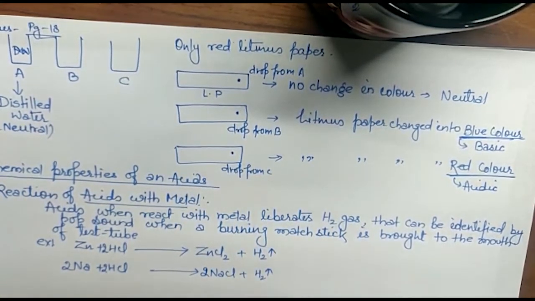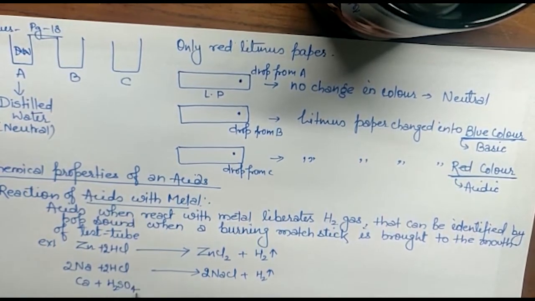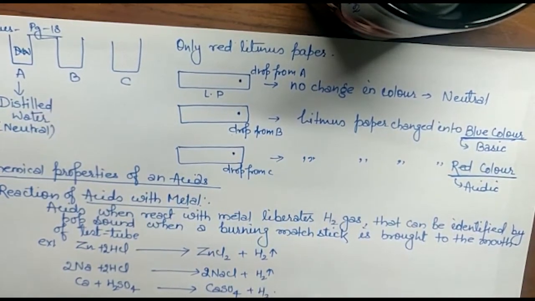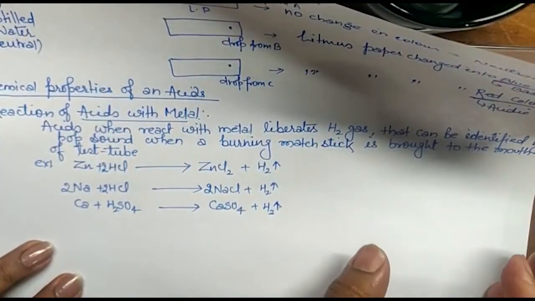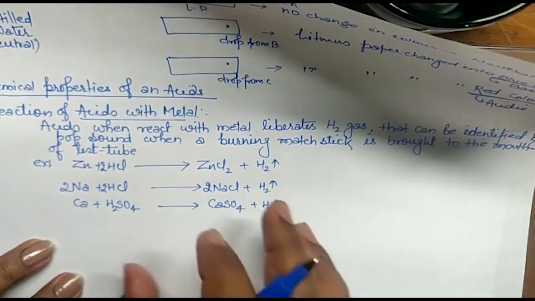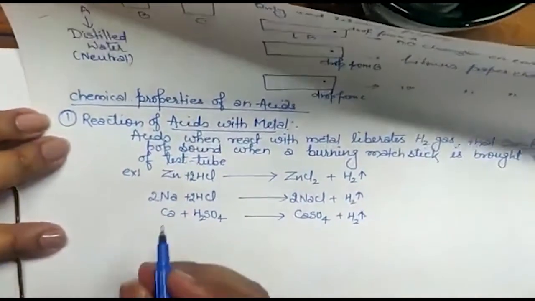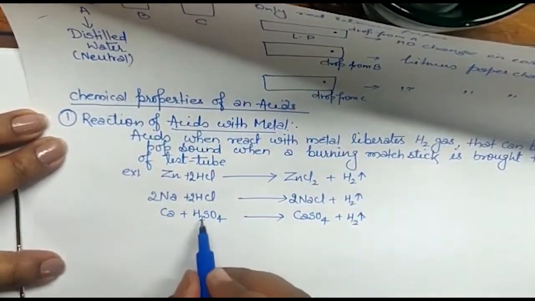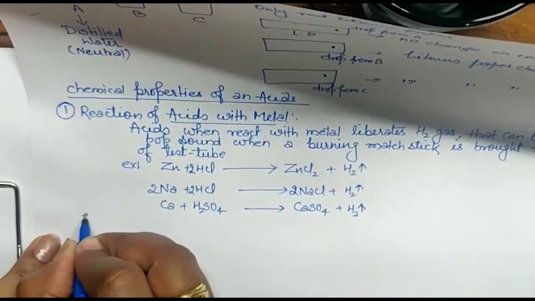Okay, now another example, you can take calcium plus H2SO4. Okay, this will give you CaSO4 plus H2. Got it? So these gas can be identified by pop sound. Now there is some important point in this. See, any acid, it can be any acid like H2SO4. So there is an exception point, exception,